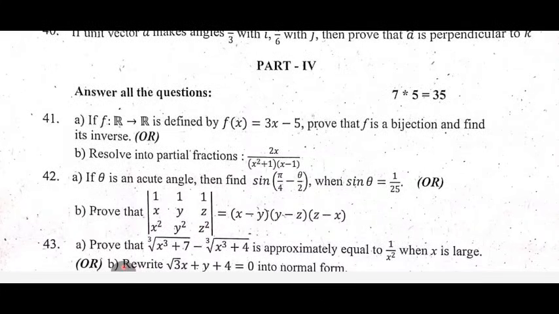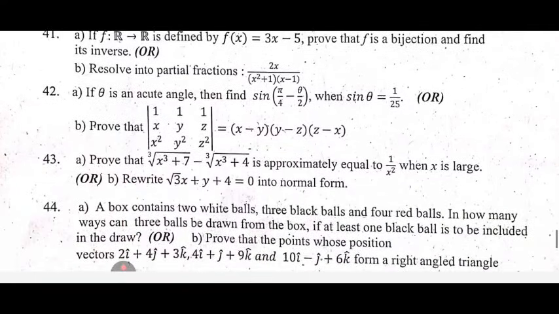Read the choice questions carefully. 41 a, define f(x) = 3x − 5. Prove that f is a bijection and find its inverse, or b, resolve into partial fractions 2x / ((x² + 1)(x − 1)). This is a very important question. 42 a, if θ is an acute angle, then find sin(π/4 − θ/2) when sin θ = 1/25, or